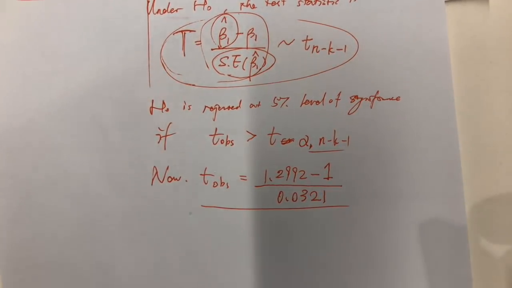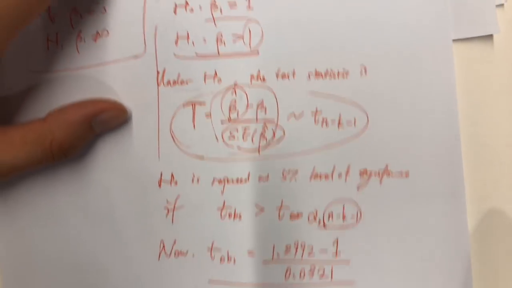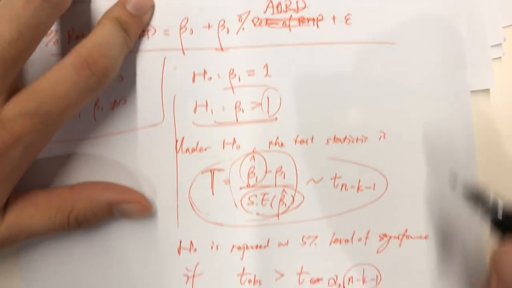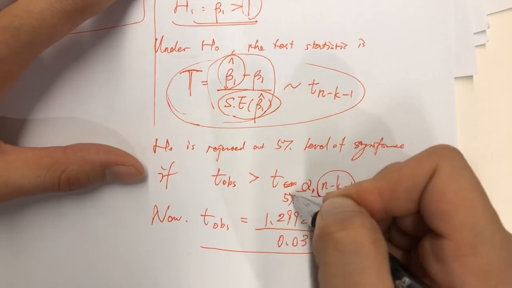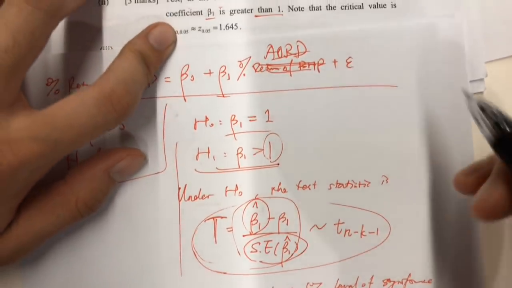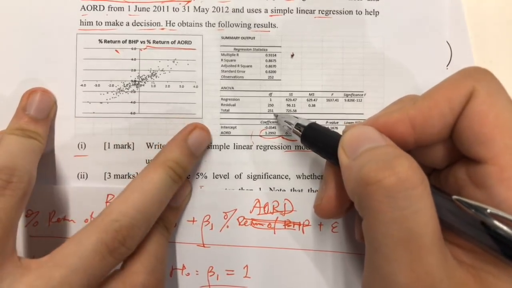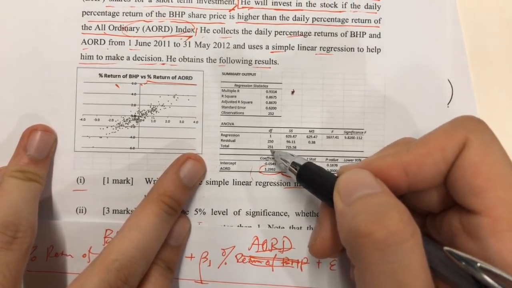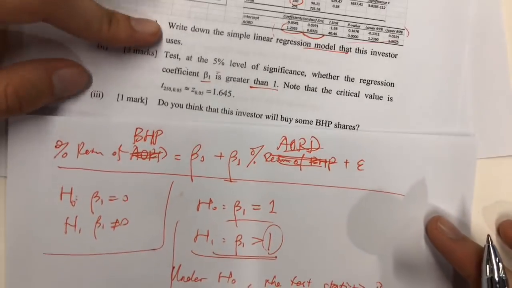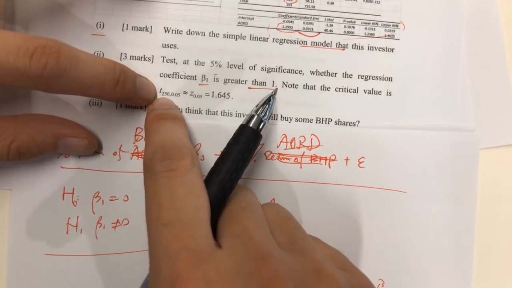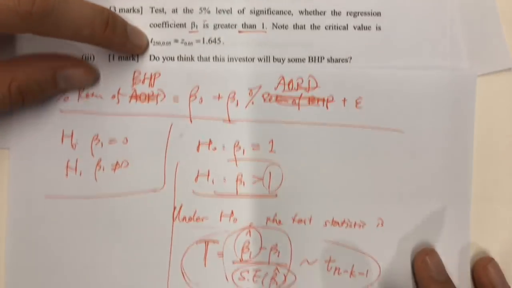Okay, so just calculate this result for me and I will figure out the n value and the k value here. So alpha in this question is just 5%, okay? This is 5%. And n minus k minus 1 is actually, let's see, n here is 252, right? And minus k is actually 250, right? And actually, it already gave us t 250, 0.05 is something, right? Okay.